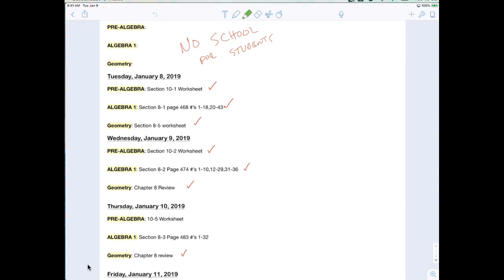I have to review the trigonometry, which isn't that bad. Today is some word problems on trigonometry that will refresh everything. You definitely need your calculator. We're going to use that a lot today. Here's what we've got, guys: Section 8.5, and then we have the Chapter 8 review on Wednesday and Thursday, and then our Chapter 8 test will be